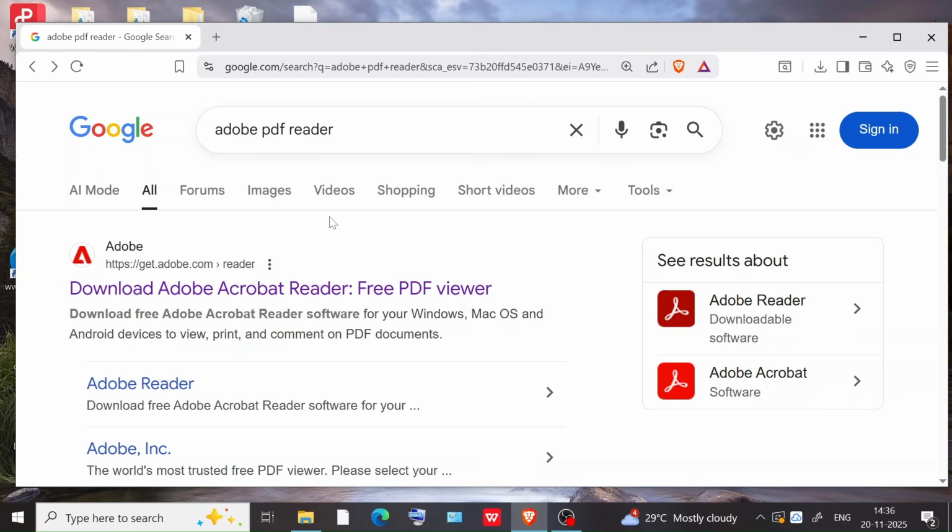Hey everyone, in this video I will be showing you how to download and install Adobe Acrobat PDF Reader in Windows. So let's get started. First thing, just Google Adobe PDF Reader and we'll be getting the official link, and here itself it says it's a free PDF reader. Click it